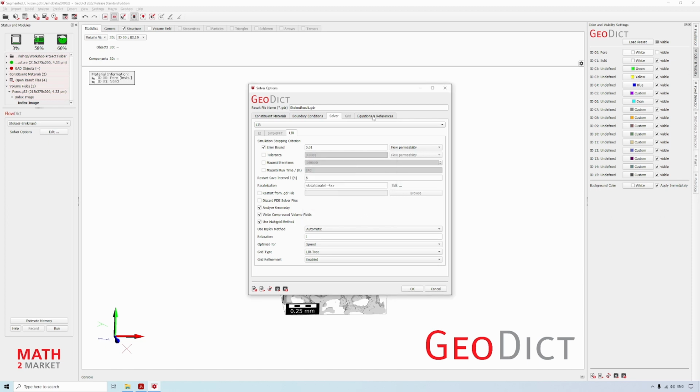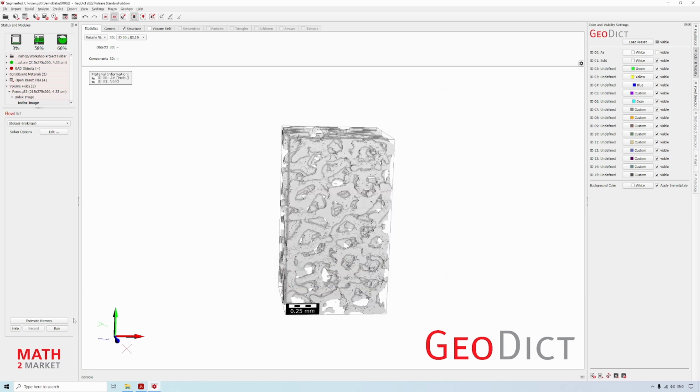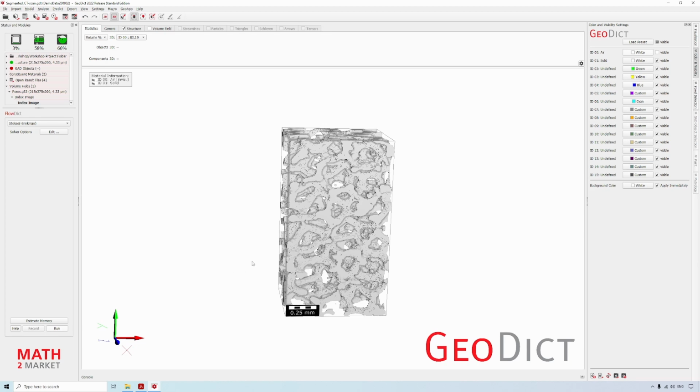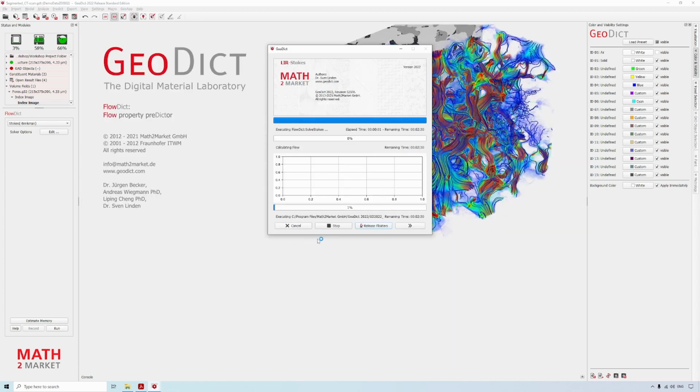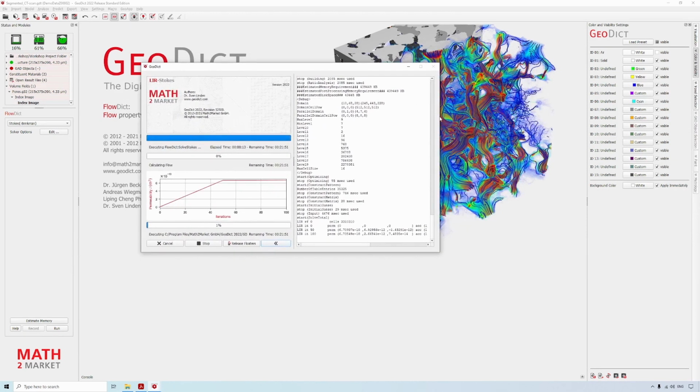And one additional interesting thing is Geodict has this equation reference tab. So if you're interested in the theory behind FlowDict module, you can look at the equations, variables and constants and references. We click OK and run the fluid flow simulation. In Geodict, when a simulation or analysis is running, you get this window. You can here additionally expand it to get a more detailed view of what iteration is currently happening.